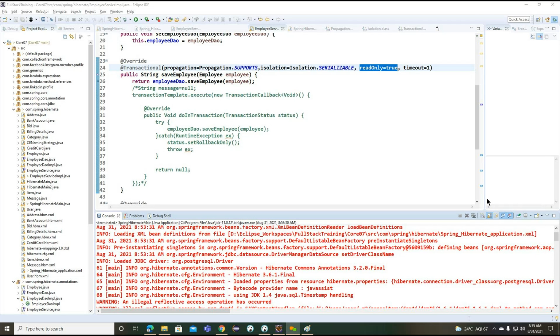Okay. If you don't have anything, tomorrow we'll continue with the Spring MVC example, how Spring MVC is going to work. Tomorrow we'll start with a new module. As of now we discussed Spring Core, later Spring JDBC, later Spring ORM, and now the transaction also. Now tomorrow we'll move on to Spring MVC. Okay, if we don't have anything, we'll continue tomorrow.